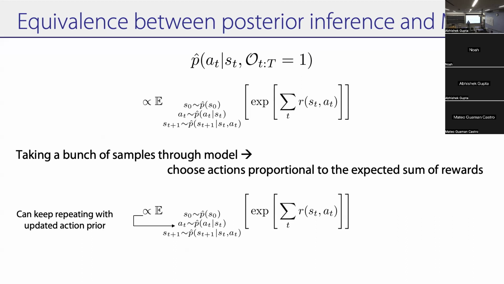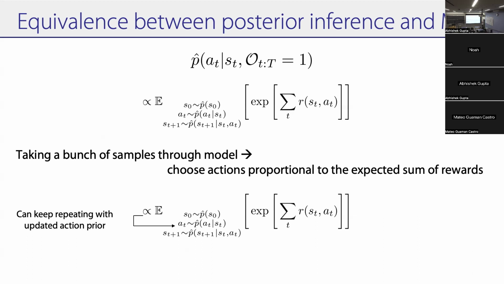Right? So in MPPI, what you do is you sample a bunch of things, you weight every action sample by the exponential sum of rewards, and then you compute a weighted mean, and then you sample again, and then weighted mean, you sample again. Same thing. The way you're going to do it here, you compute the exponential sum of rewards, compute the weighted sum for this expectation, and then replace the action prior by your weighted sum, and you repeat again. And so that's why I said the connection is a little loose.